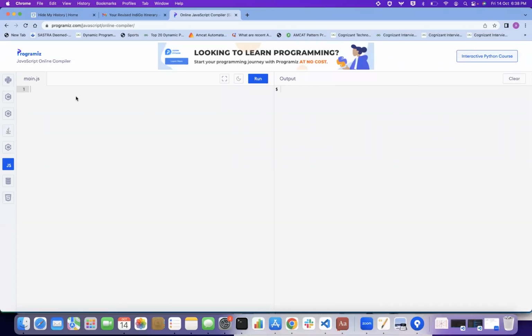How to create an object? Tell fast. Curly braces, keys and values. Okay. We'll just give the name of the variable, and we will give the curly braces and the keys and the values. Okay. Now age